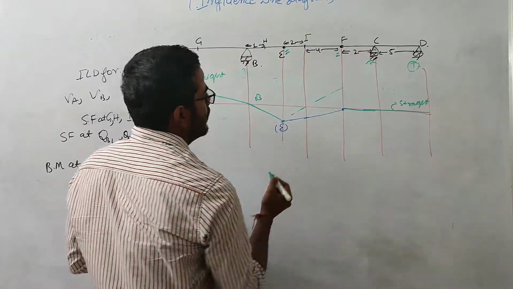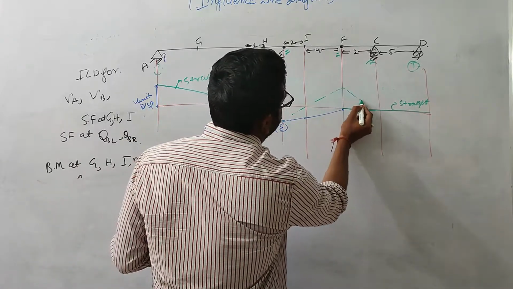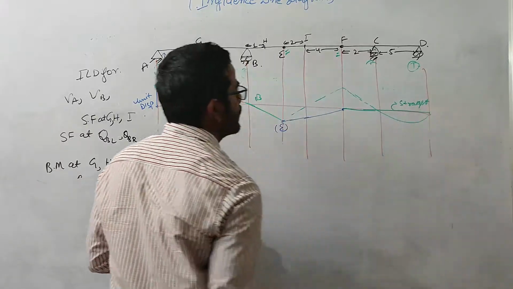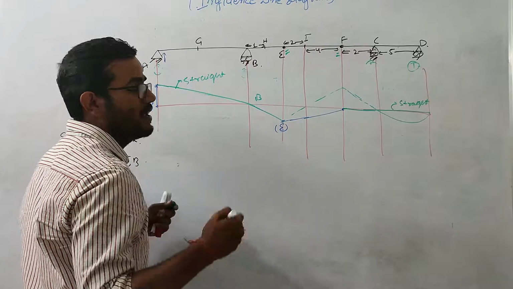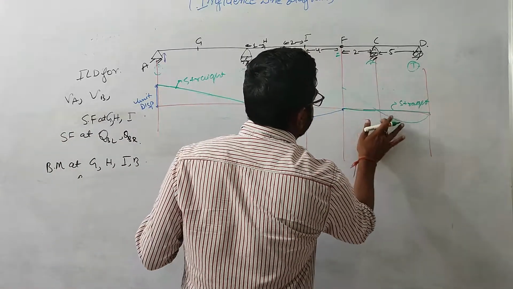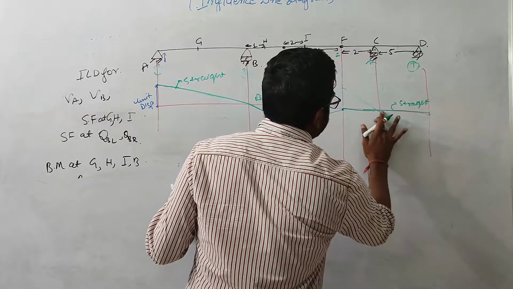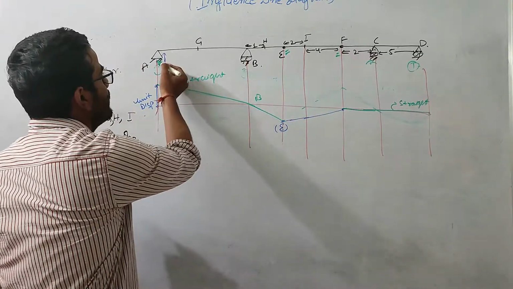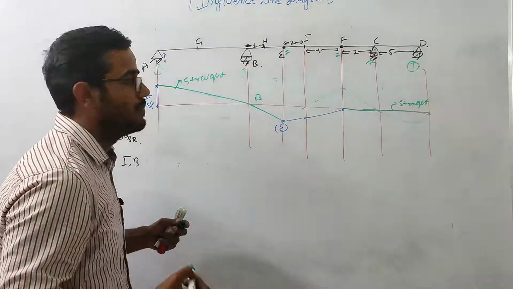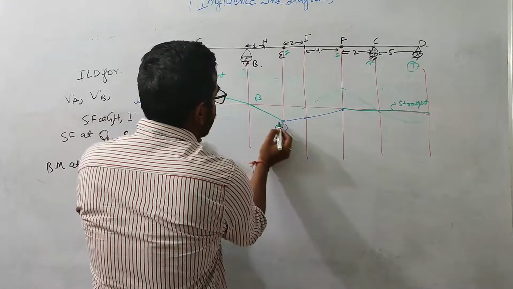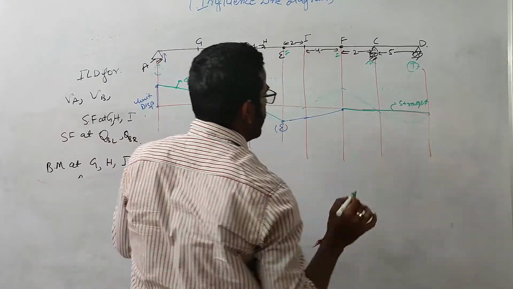Now let us suppose this point comes like this. Someone can ask that then the beam, to satisfy this condition, should bend like this. But this is not possible in the deflection diagram of unstable structures. Why is it unstable? Because I am releasing one component over here, so this structure became unstable, and it comprises only straight lines. So when we are deflecting like this, this portion won't deflect.